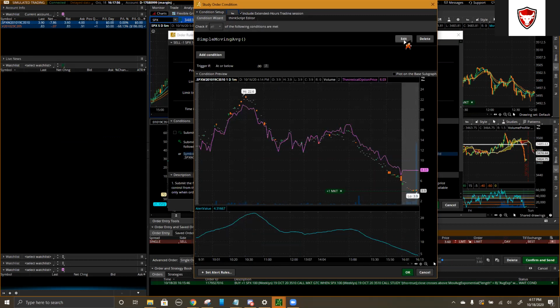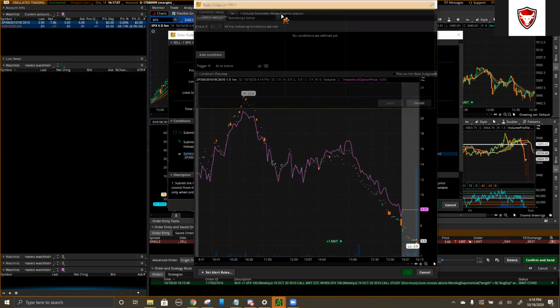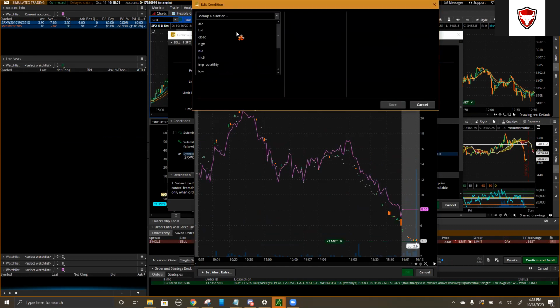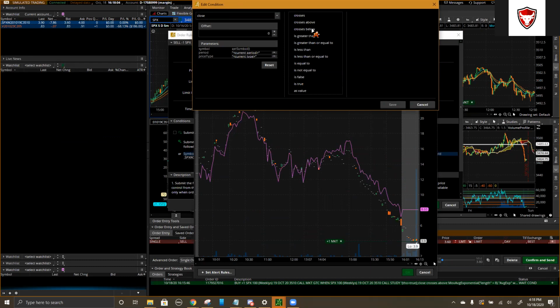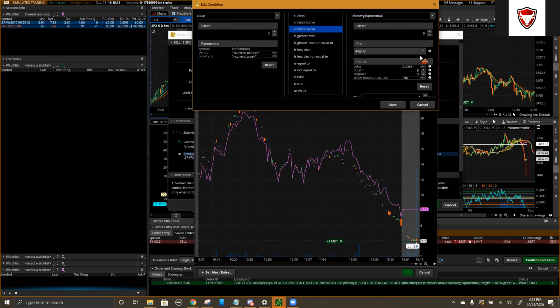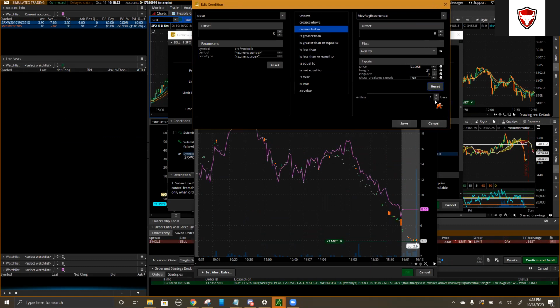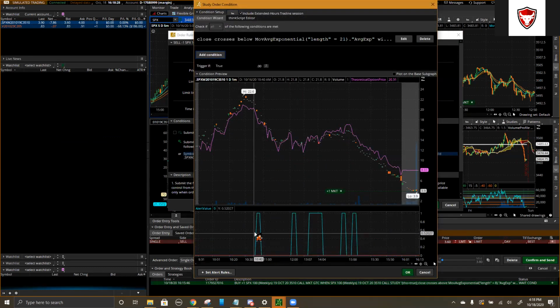So we can get rid of this, add a new condition for the price close crossing below the exponential moving average, and we'll go with the 21 just so we don't get shaken out of anything. That's a true shift over, and we'll just give it a few bars. And so you can see we would have gotten in somewhere down here, and the exit signal would have come in